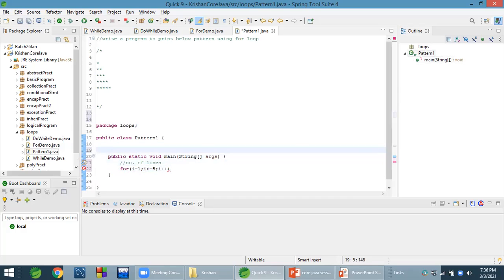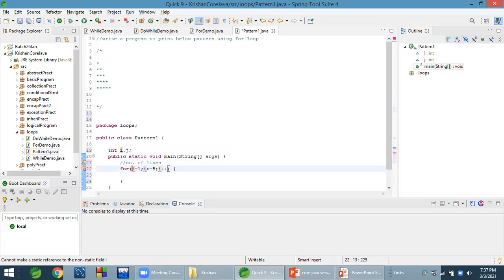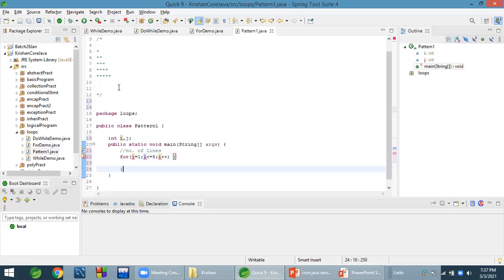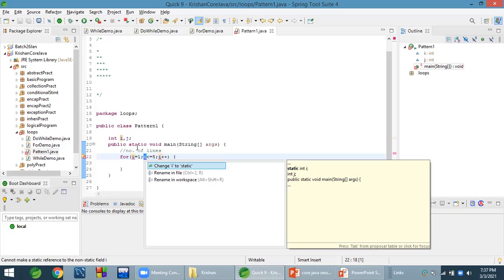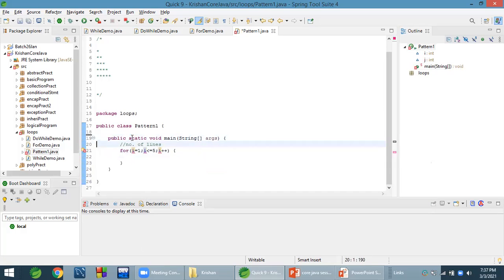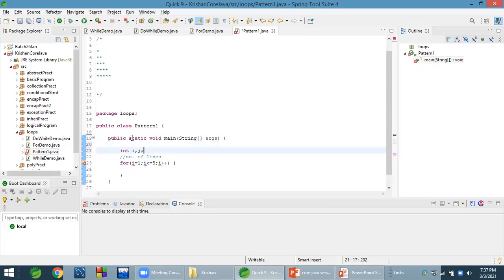Now declare this int i, and we need one more loop, so we take one more looping variable j. Here we need to write inner loops. Okay, let's declare this in the main area.